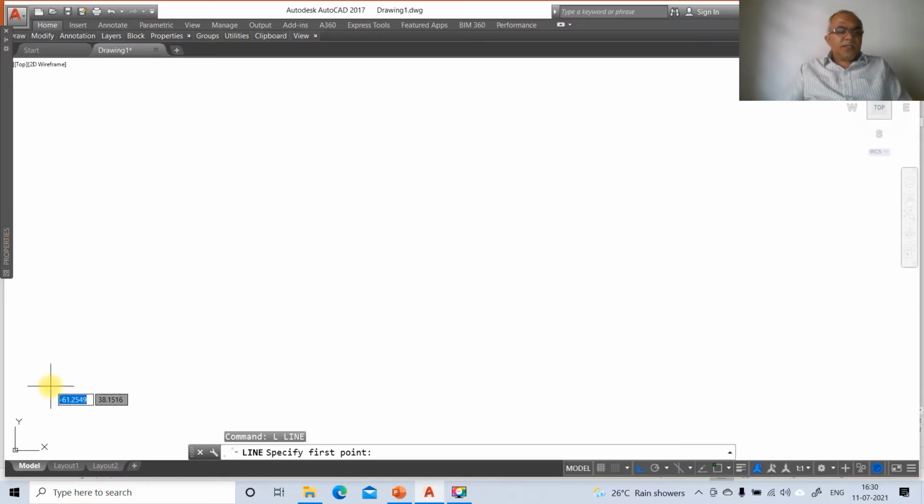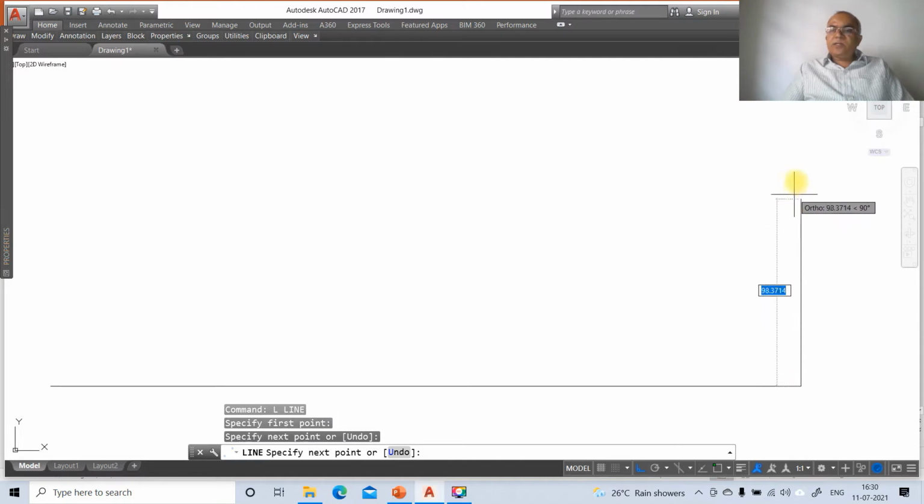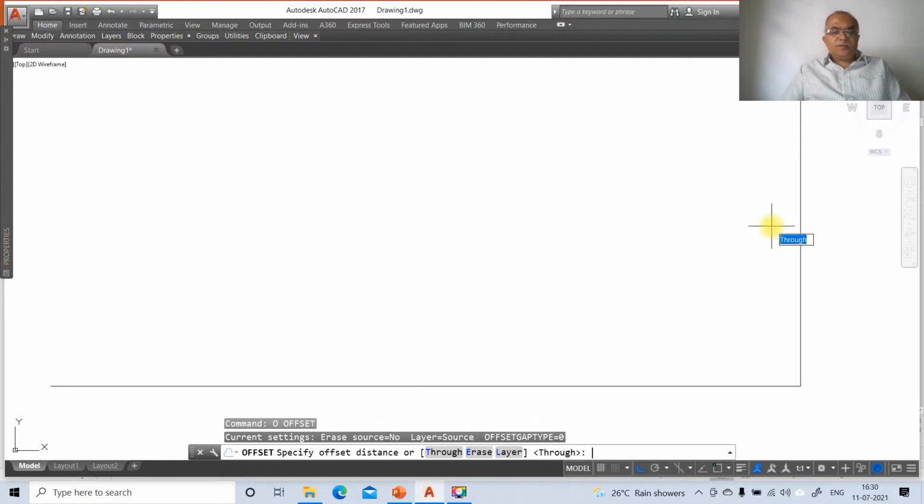First we want to start creating the A4 size sheet. Click the first button of the mouse and take some distance. Again, click at some distance. Then drag the mouse to the top side, take some distance, click the first button of the mouse and press the enter key. Now we'll go to offset and take the distance as 297.